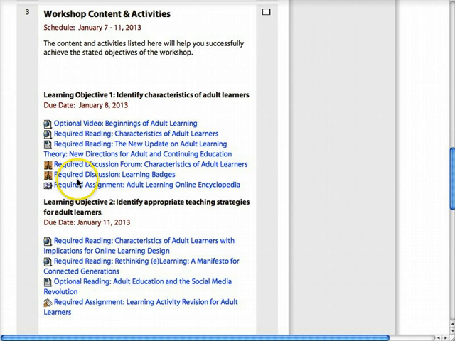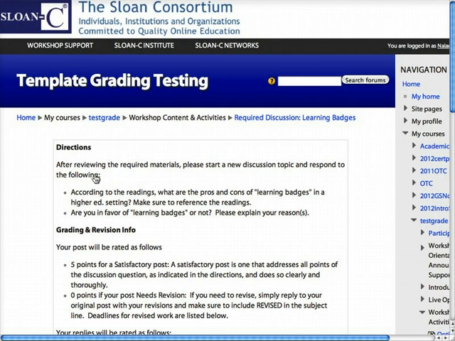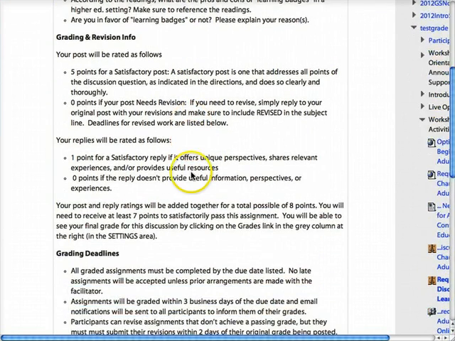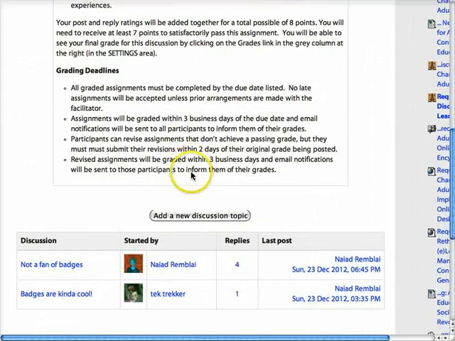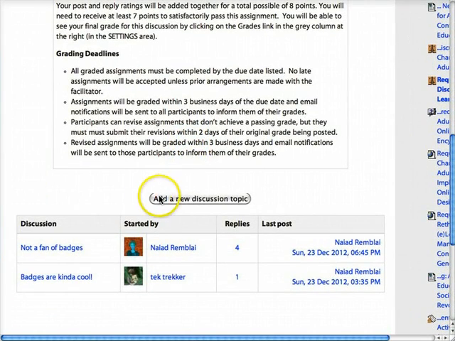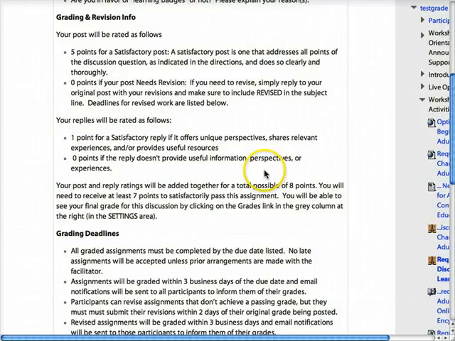A required discussion is graded, and that means it is due by the due date listed above it for that section of activities. To participate, click on the discussion title. That takes you to the directions, grading and revision info, and grading deadlines, descriptions, and below that, the place where you can add a new discussion topic. In this example,